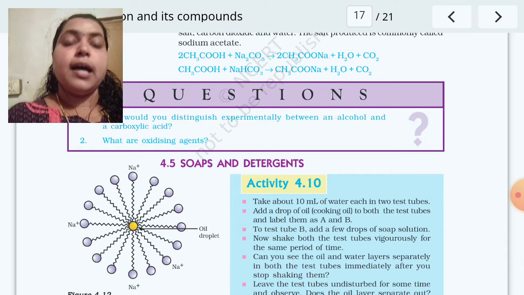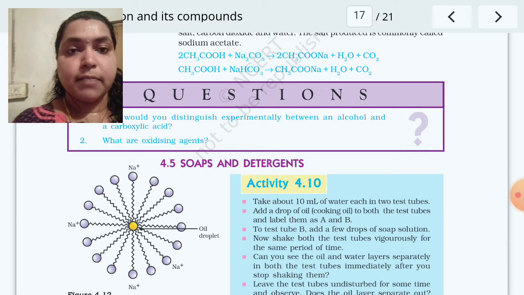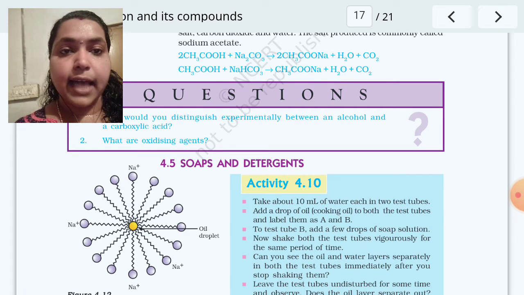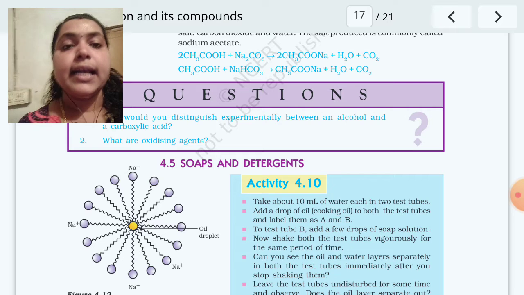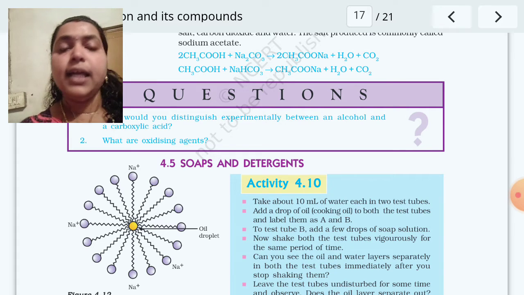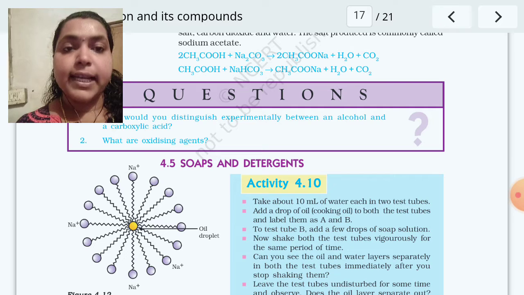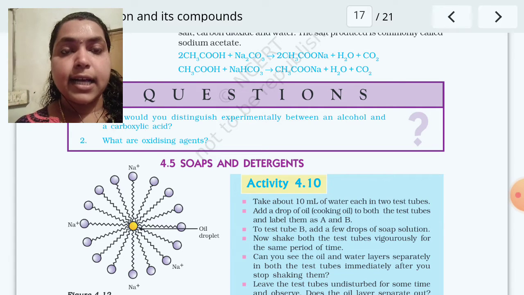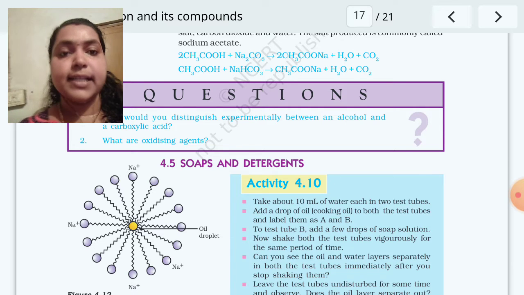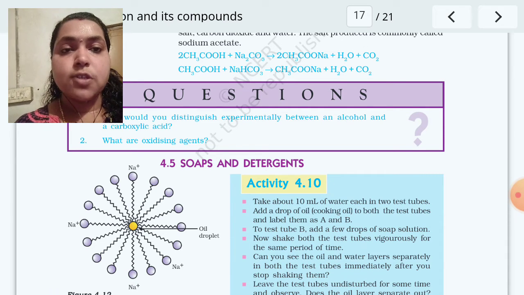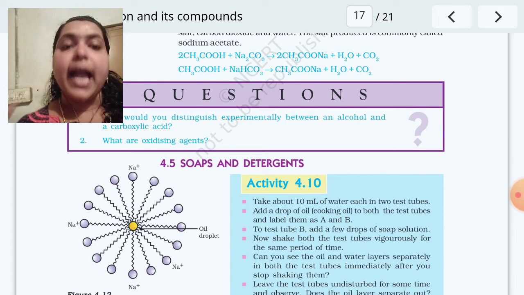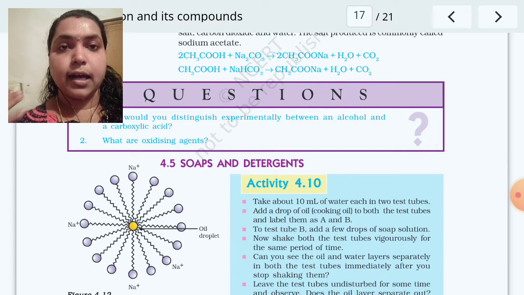Okay, so that is about micelle formation. This oil will dissolve in the hydrophobic end, followed by the cleaning of that dirt from the cloth. Always these dirts are oily in nature, so we can clean these dirts by this method. So when we use soaps, what is happening there? Micelle formation happens, and there are two parts, the hydrophilic head and the hydrophobic tail.